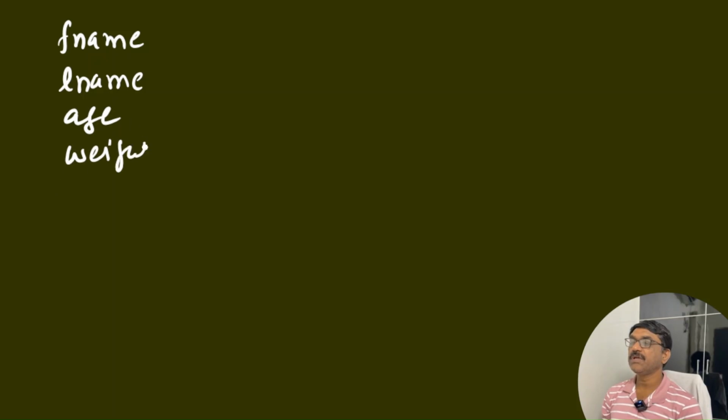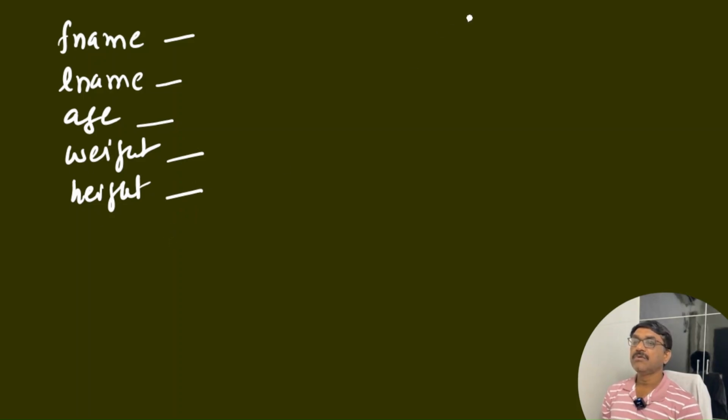Next we have used the variable weight, and we have used the variable height. These are the variables. And you know this is a string, this is also a string, this is an integer, this is a real value, or we can say a float value. Now, when we talk about the format function,